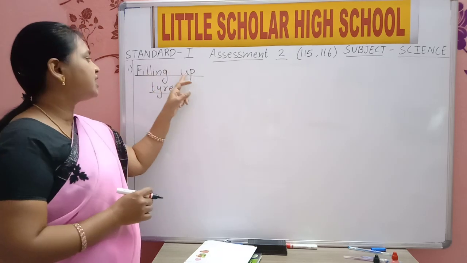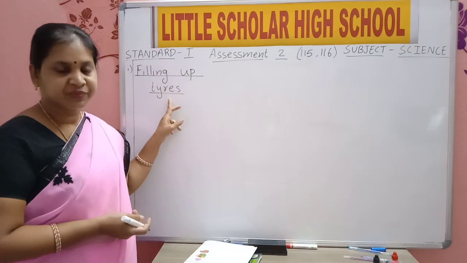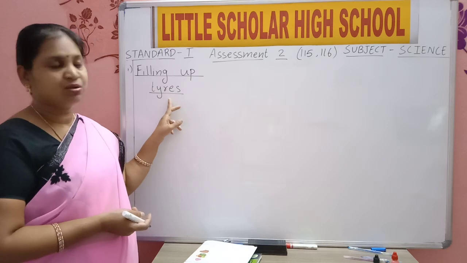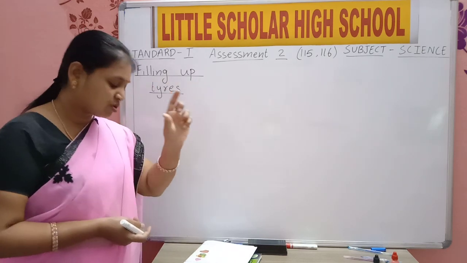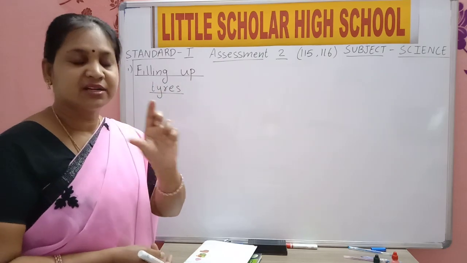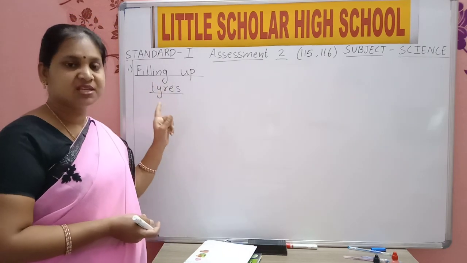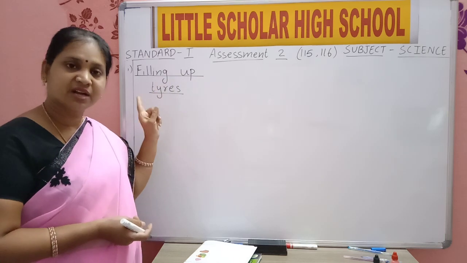You write filling up and tires down. Write in this way only. Place won't be sufficient in one line. In the small single line, you can't write all these 3 words. So write in this way: two words write up, and the third word write down.